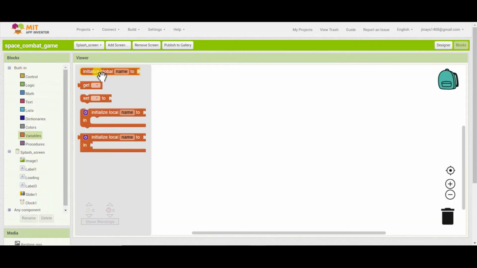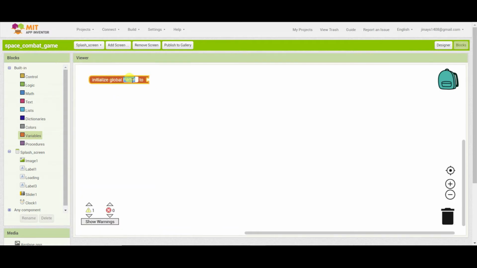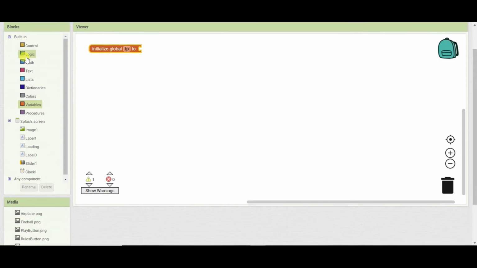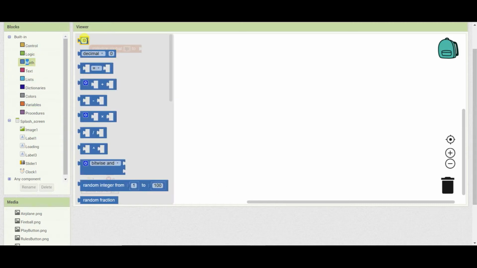So first I'll go to splash screen and I will initialize one global variable that is thumb. I'll just write TP. So I have created one global variable TP, that is thumb position, and I will give it a value as 0.